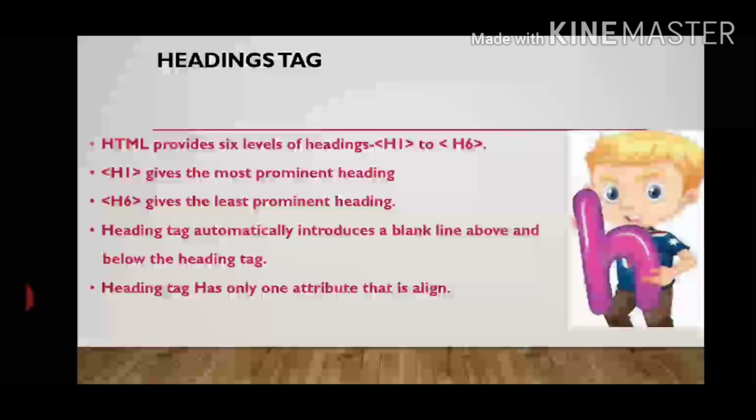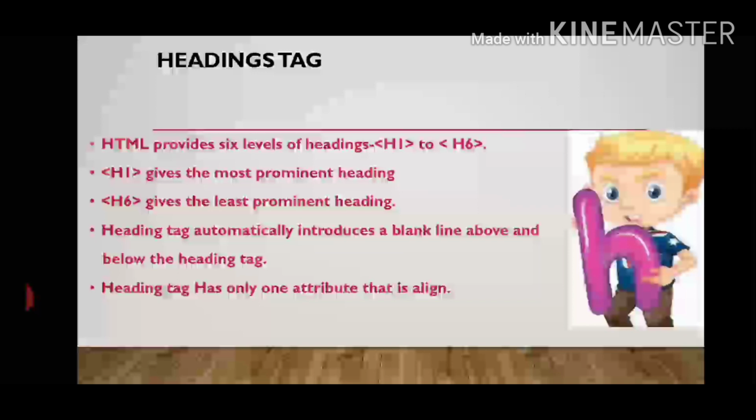The next one we will come to know is the headings tag. HTML provides 6 levels of headings, H1 to H6. H1 gives the most prominent heading, whereas H6 gives the least prominent heading. Heading tag automatically introduces a blank line above and below the heading.